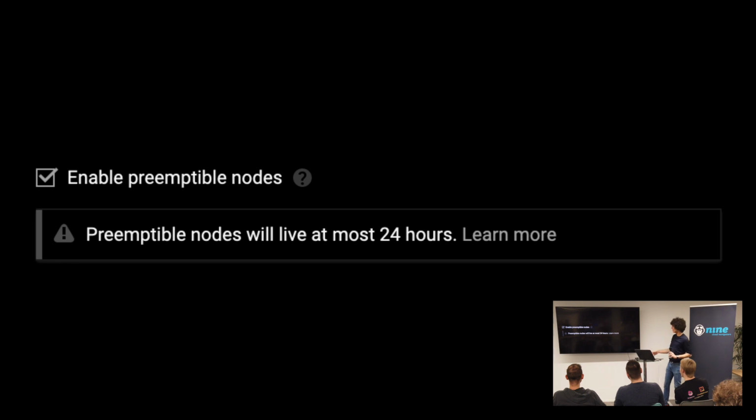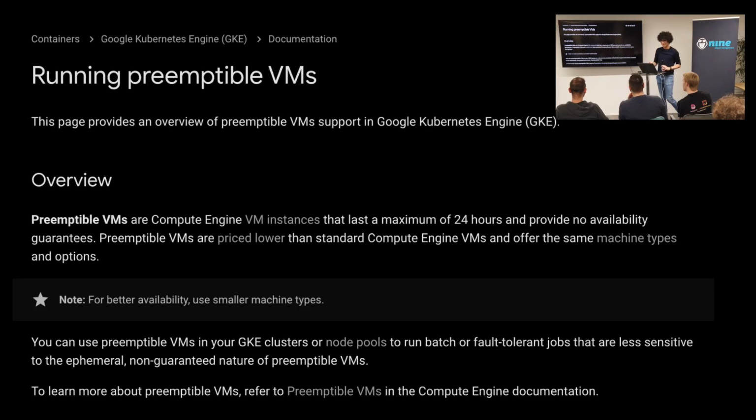So preemptable instances on Google. I saw that this was a feature available. In a previous life, I worked in a startup where we had most of our infrastructure on Google Cloud, also on other clouds. But this was the last thing that I saw before I left. It was that I could run Kubernetes nodes using preemptable nodes. And that was really interesting. Because preemptable VMs are basically things that die really fast in a very unforeseeable fashion.